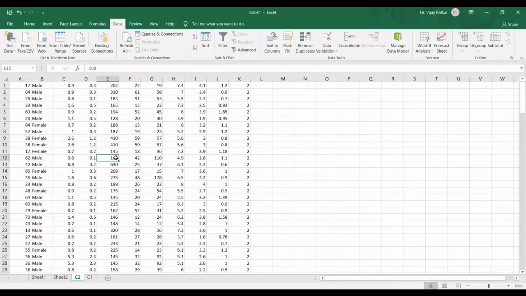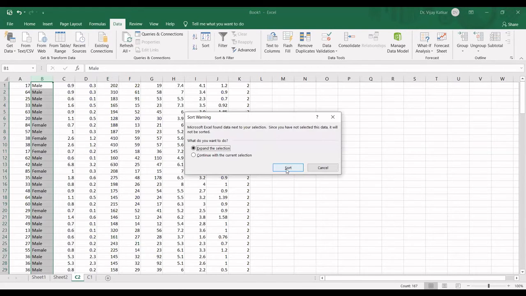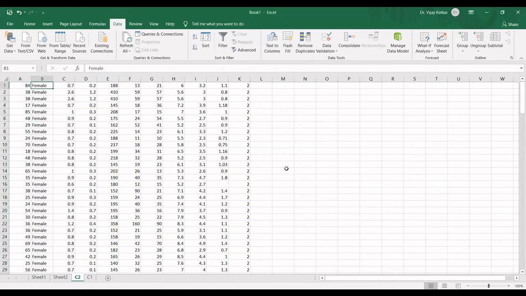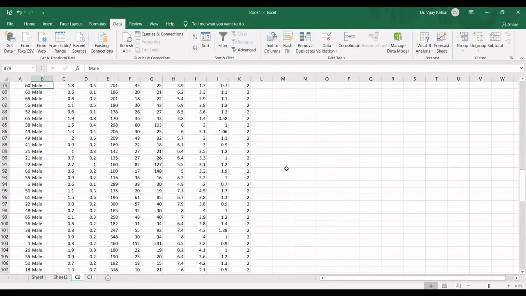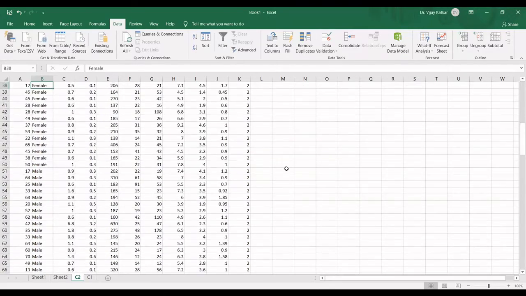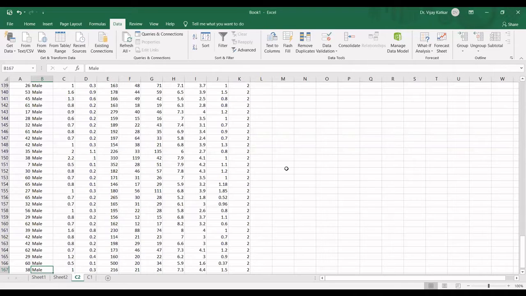Now we can sort on gender just to check whether the data is balanced or imbalanced. Label 2 indicates there is no disease. So how many male and how many female records are there? Here there are 50 female records and more than 100 male records, completely different.